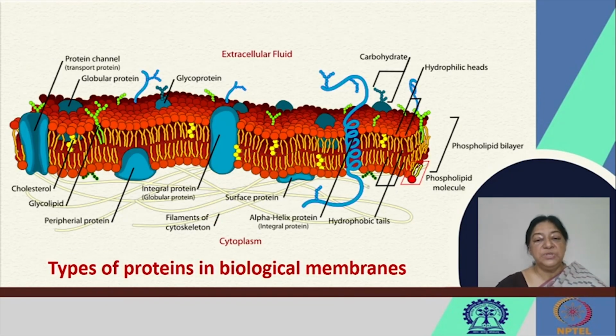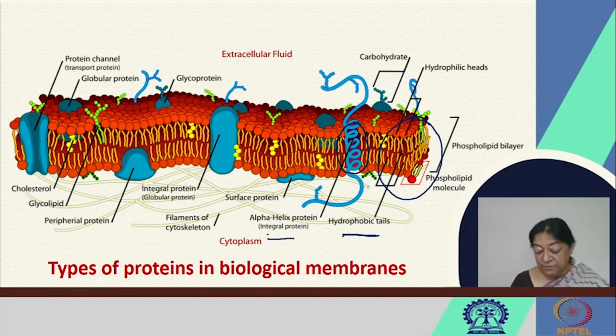In the types of proteins and biological membranes, we understood that this is a very complex structure in terms of the presence of the lipid bilayer, where we have the hydrophilic heads followed by the hydrophobic tails. The hydrophobic tails would interact with specific amino acid residues on the surface of what were called integral proteins, an alpha helix integral protein given as an example here, and the hydrophilic heads on both sides,